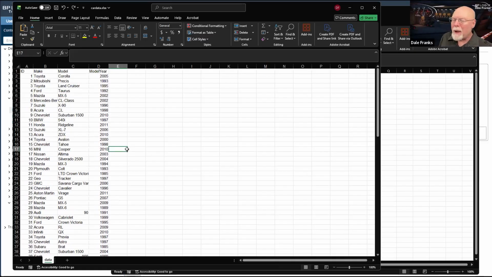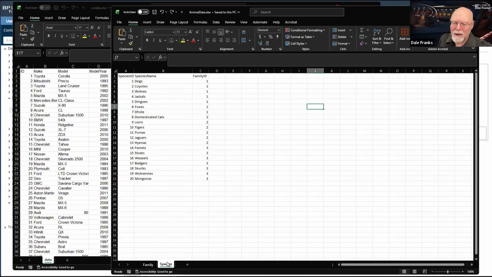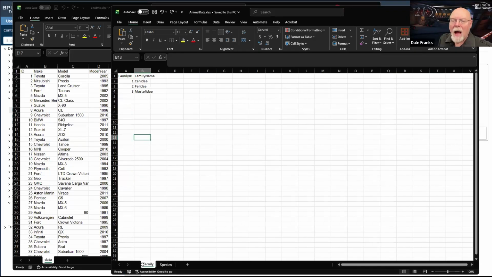It is especially important if I need to do filtering of a second dropdown based on the value that is in the first dropdown. So I might have two sets of data, which I happen to have here. Now, this Excel file has two worksheets. One is named family, one is named species. And I have a family ID, which has its own primary key, 1, 2, 3.